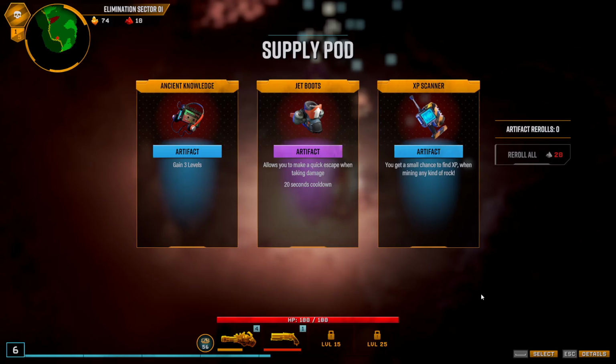Though I will say that it might be a little bit better with this build, because something that the gunner lacks is that mobility. We don't have any rerolls or anything here, so let's go ahead and